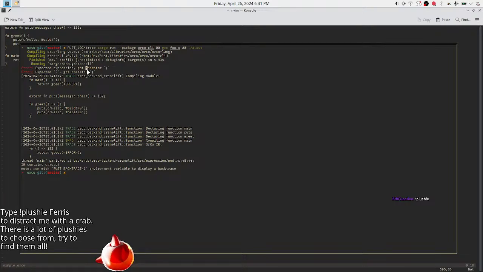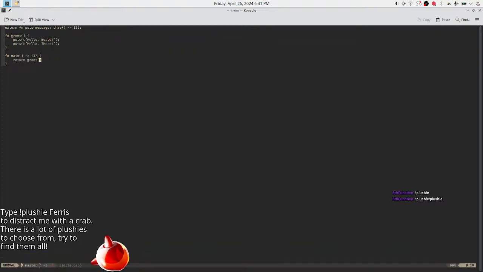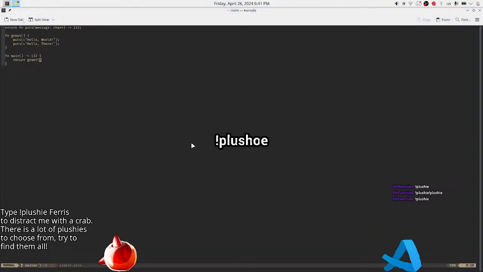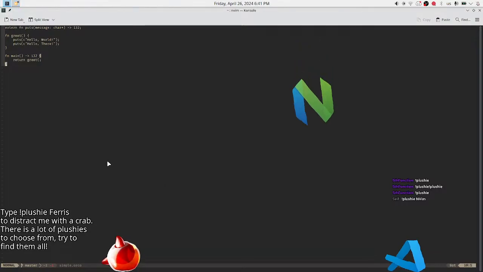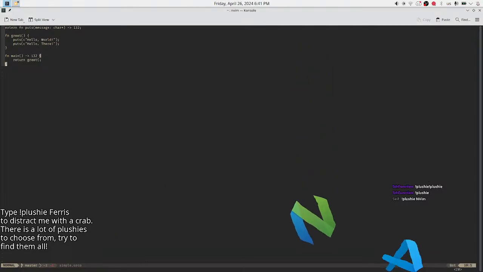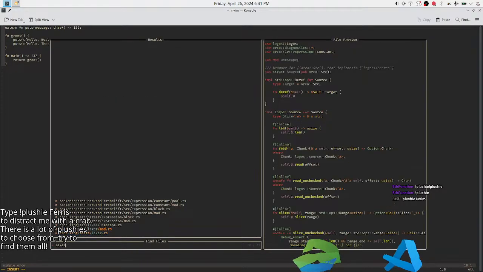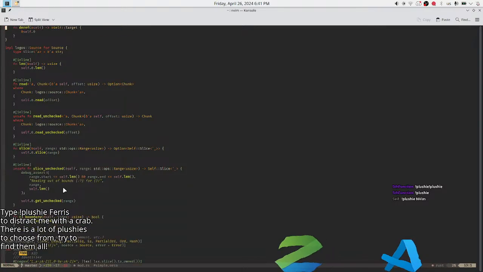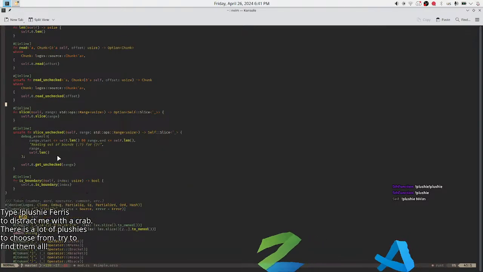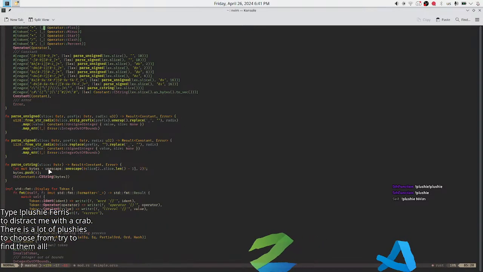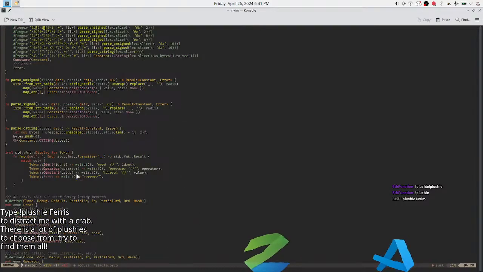Okay, so we've got an error. Oh, I forgot. To do multiple pushes, you need to do a semicolon. VS Code. I'm a Neovim user though. In Vim, which is my custom Neovim config. Elixir here. Where is it?